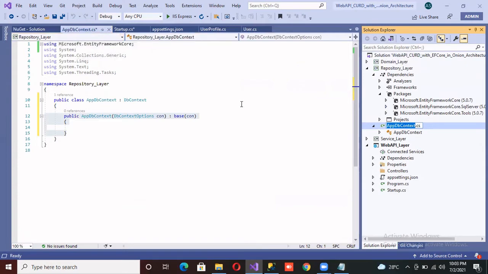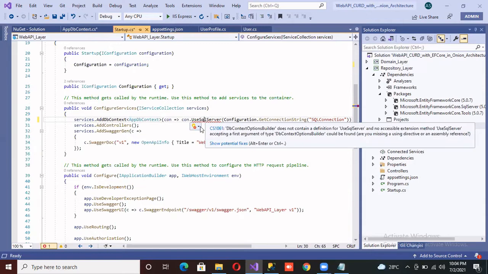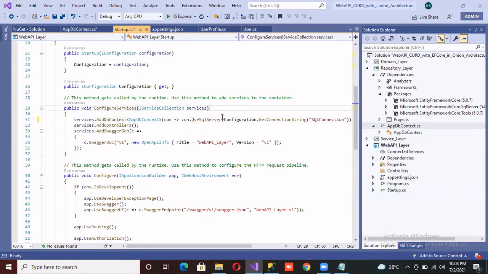So I have to pass this AppDbContext inside of AddDbContext. This is the function, and this is the class name. Okay, so to use SQL Server, we include the namespace using Microsoft.EntityFrameworkCore. So we initialize the memory.